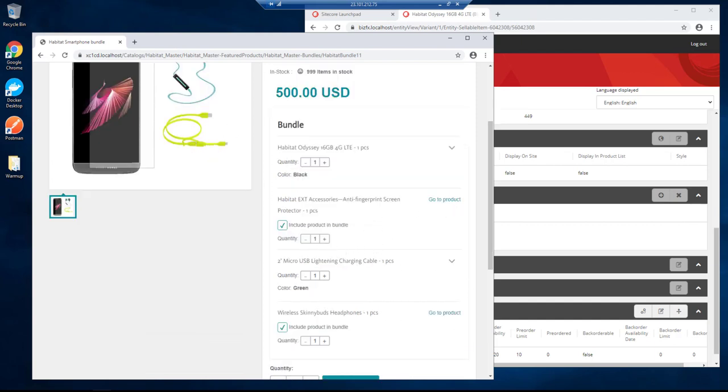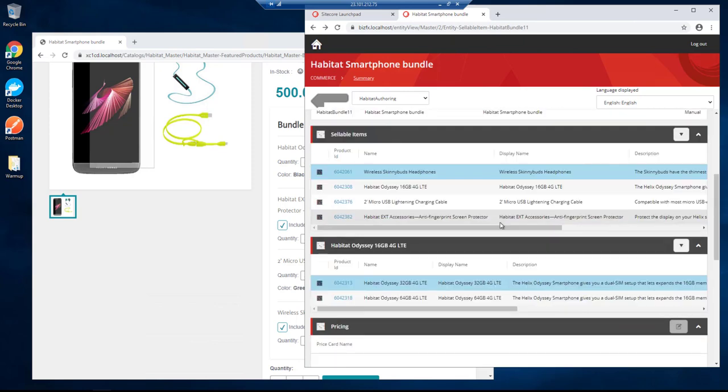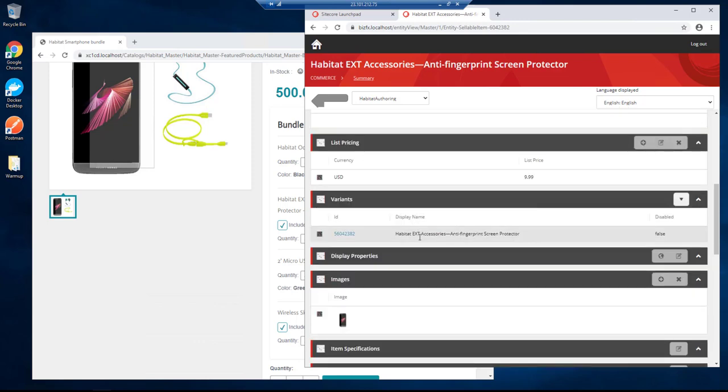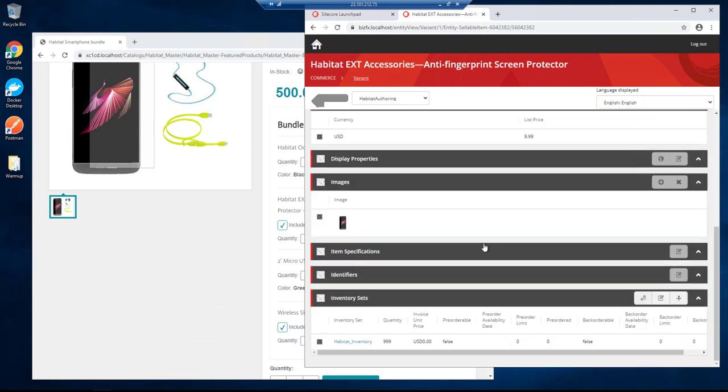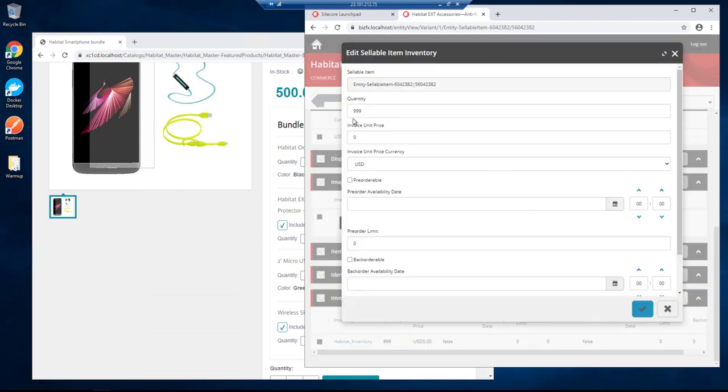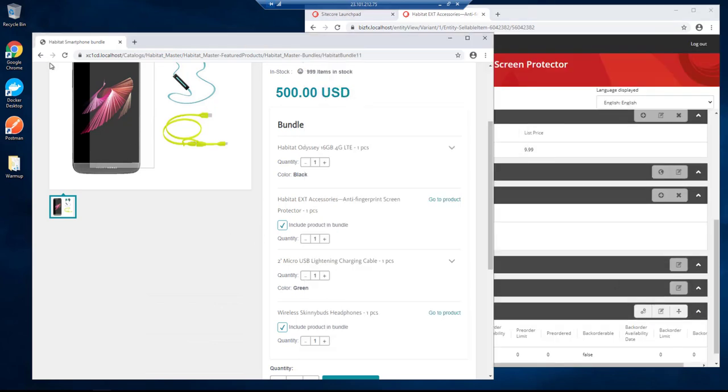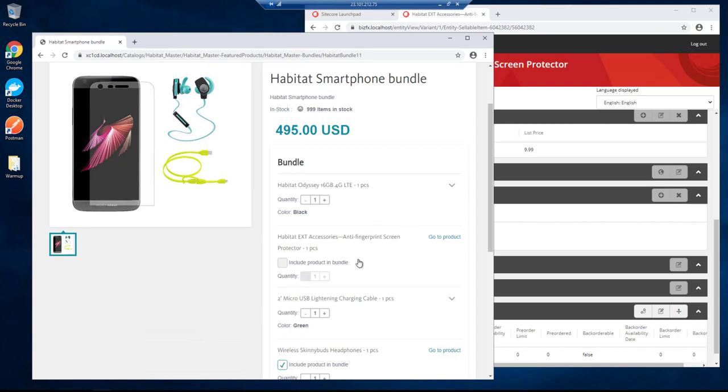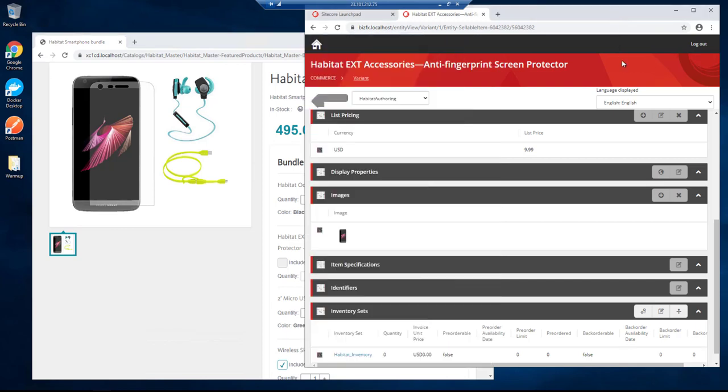So for example, I was to make the anti-fingerprint. If I go back to the bundle and I go to the anti-fingerprint screen protector, and specify that that is out of stock, the bundle itself will still be available, and because this was optional, it's now grayed out and the shopper is unable to interact with it, so that automatically is taken care of. So if I go and pop that back,